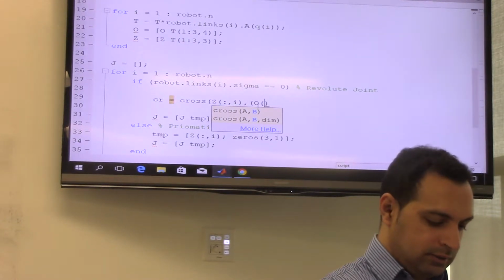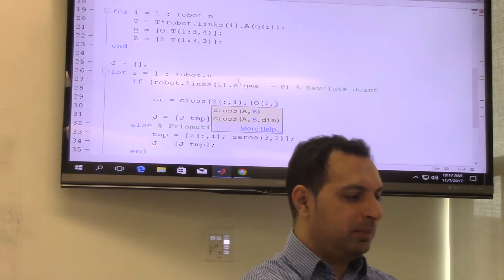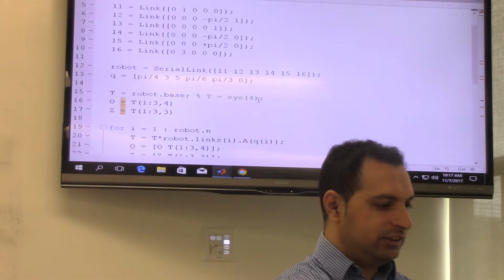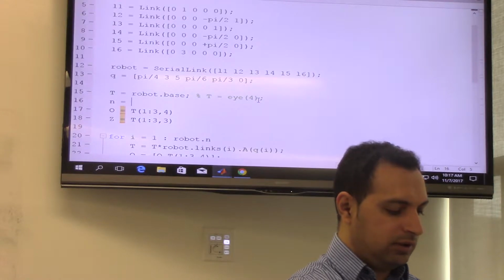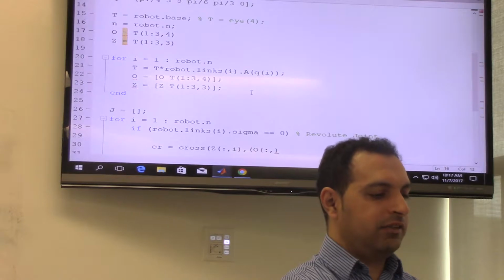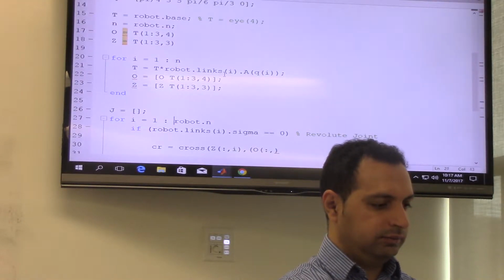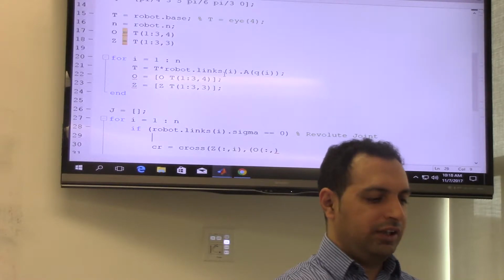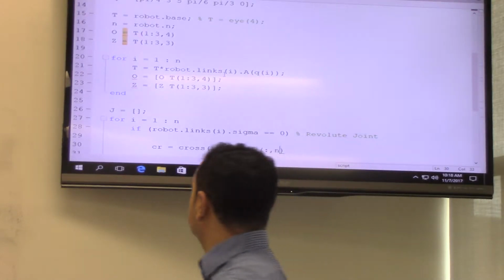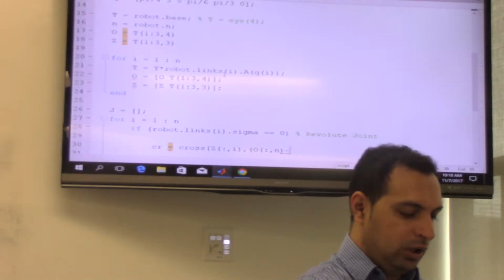Comma. Actually, if we had n, that will be perfect. So what I'm going to do is I'm going to go here, just so that we can use n. I'm going to say n is equals to here, robot dot n, okay? And then we can use n as the number of degrees of freedom everywhere. Or you can also write robot dot n here, it does not matter. Just to make it a little more clear, I'll put it like this. That is the ON matrix, minus O of